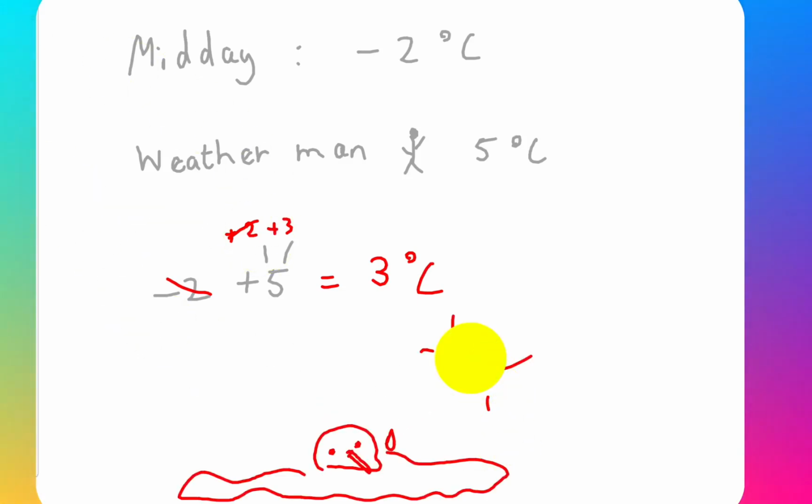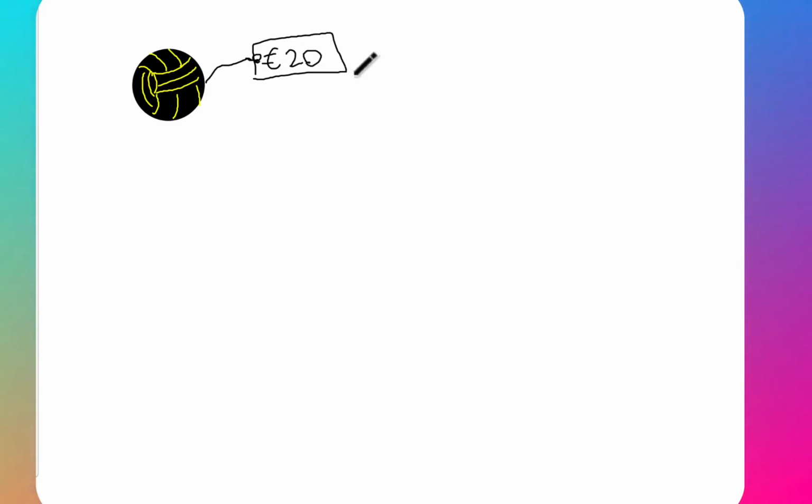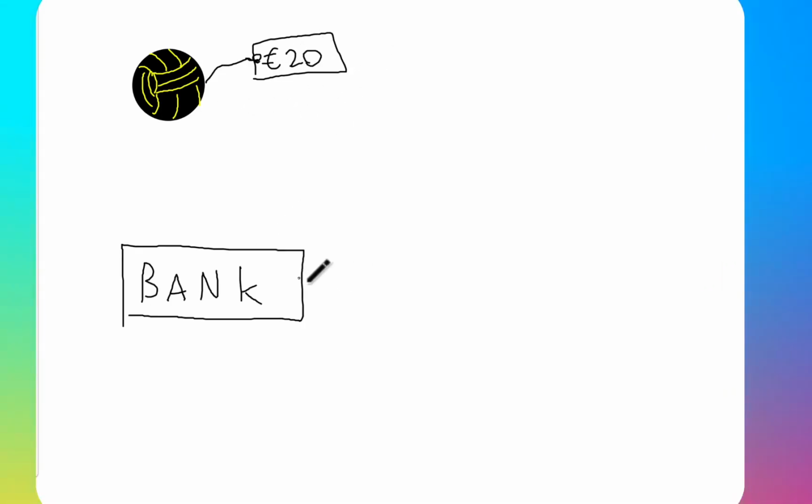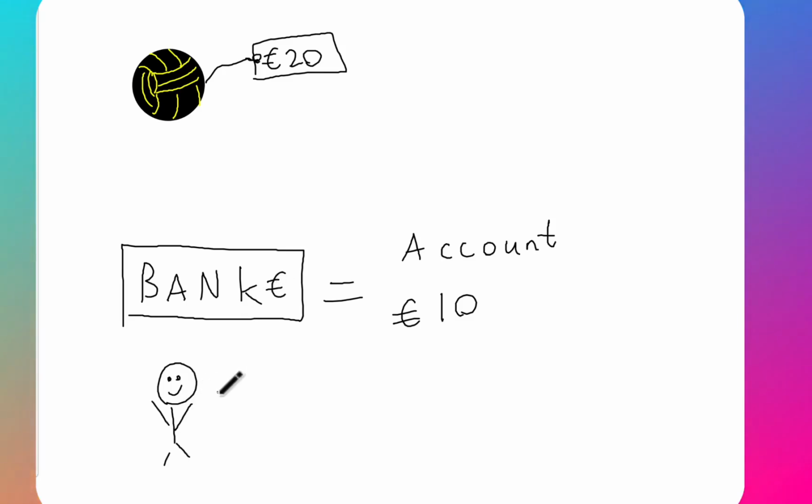Now, let's apply this to money. Say for example, I go to the shop and I want to buy a football. Let's just say I bought this football for €20. So the football cost me €20. However, when I looked in my bank, it said that my bank account only had €10. But because my bank manager is very nice, he gave me the thumbs up and he said, okay, you can spend €20 with your €10, but now in your account you have -€10.